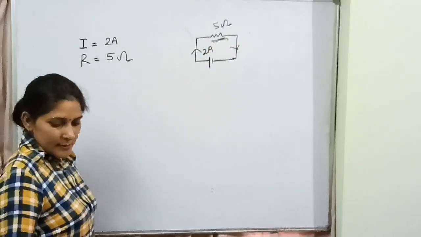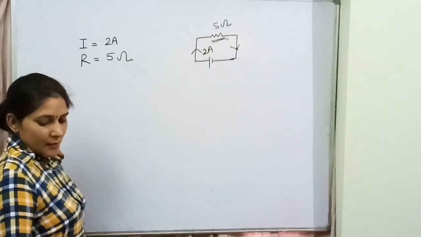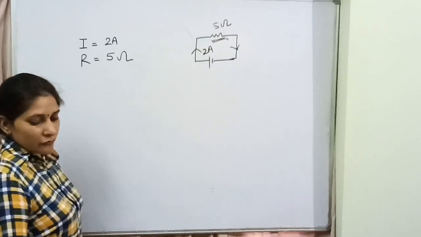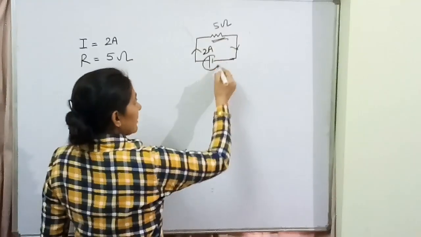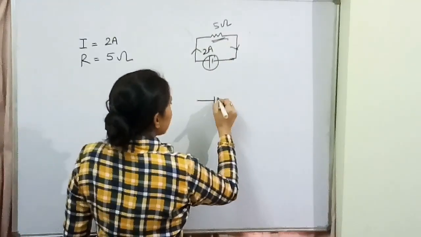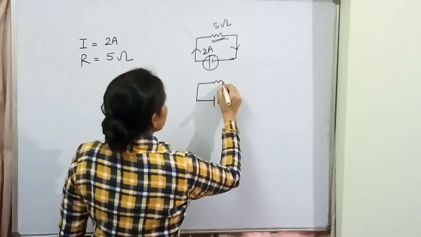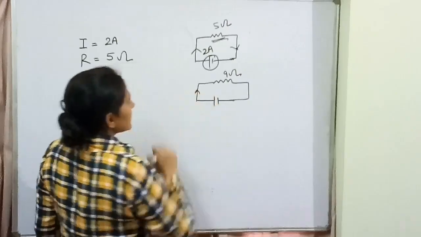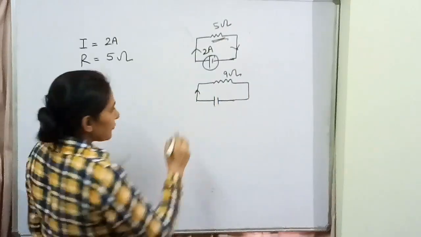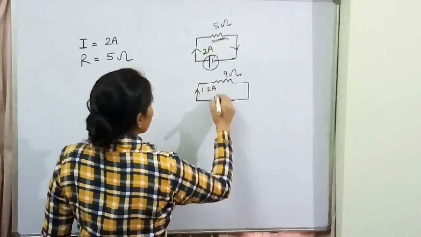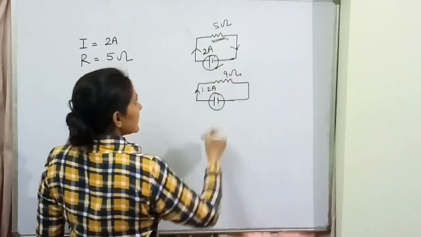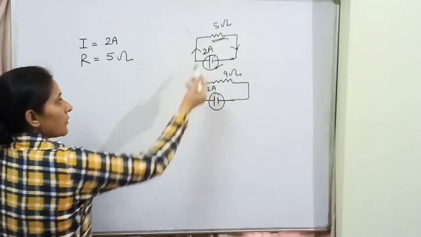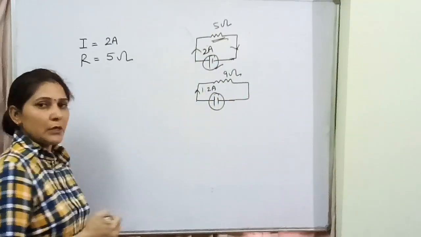The second situation they are saying is, it supplies a current of 1.2 ampere if it is connected to a resistance of 9 ohm. This same cell, if this same cell is connected to the resistance of 9 ohm, then the current supplied through the circuit will be 1.2 ampere. The cell will be same. ये एक ही सेल को हमने कनेक्ट किया पहले 5 ohm resistance से, then 9 ohm resistance से. The amount of current supplied will also change.